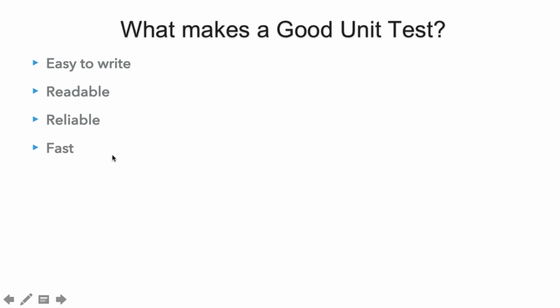The fourth characteristic which makes a good unit test is it should be fast. By fast we mean that when we execute a unit test, it should provide the feedback to the developer very quick. Because in a particular project, a developer writes hundreds or thousands of unit tests, and what usually the developer does is that they run the unit test every time so that they can get the feedback about the system which they are testing.